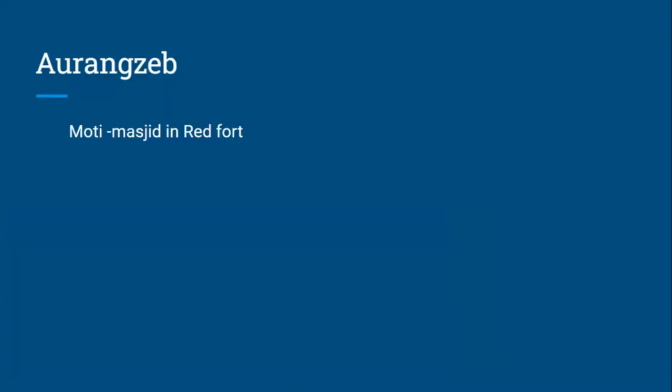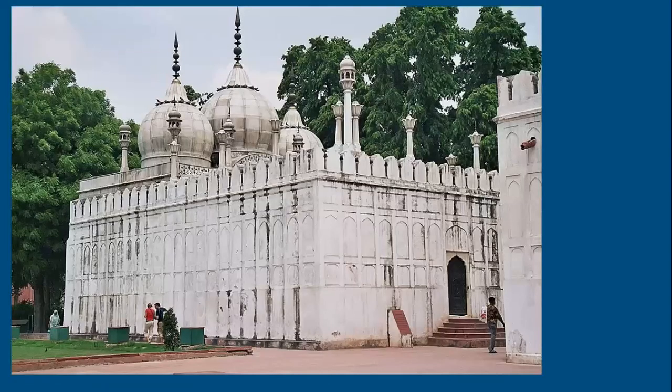And the last one is Aurangzeb. Aurangzeb did not contribute much. एक हमने देखा Pinjore Garden, वो वाला, and the last one is Moti Masjid. Moti Masjid, it is a masjid inside the Red Fort. So this is a masjid in white marble. So pure white marble में the Moti Masjid is built, and this is inside the Red Fort. So this is all about the Mughal architecture. If there is a question on the Mughal architecture,